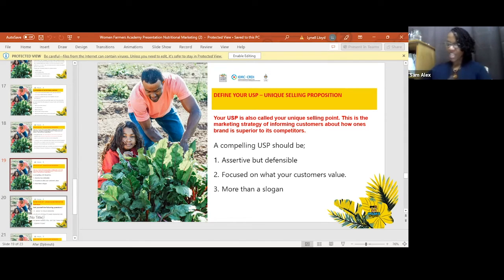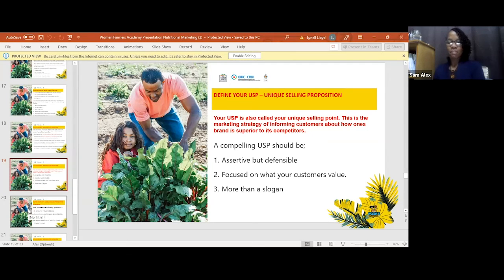Let me just recap a little bit. Two slices of breadfruit, 2.5 grams of fiber. I'm sure when you thought of fiber in the past, you never thought of breadfruit. You probably thought of oatmeal or whole wheat bread or some other type of grain, quinoa, buckwheat, amaranth, something else, but certainly not breadfruit. Now you know that breadfruit has more fiber than all of these foods, and breadfruit also has protein and lots of other nutrients, but we're not even going there. But this is a clear example of a unique selling proposition, understanding how what you sell is superior to a lot of what is out there, making that contrast and informing your customers.